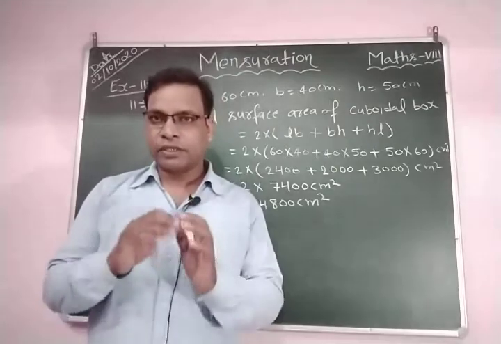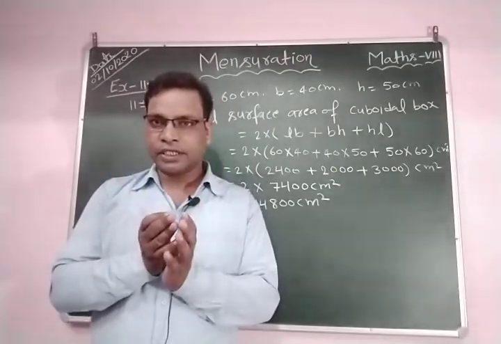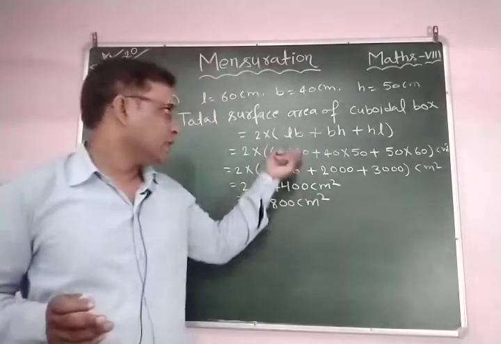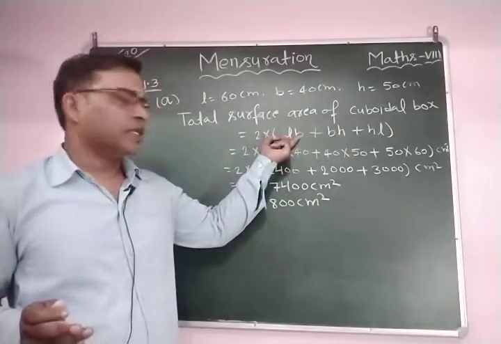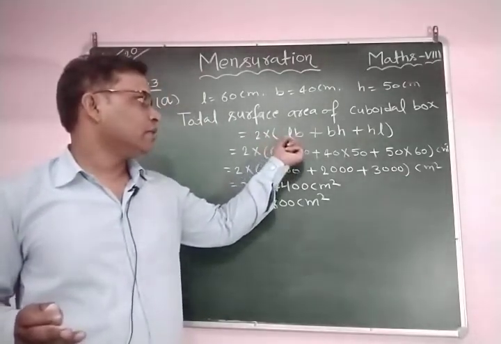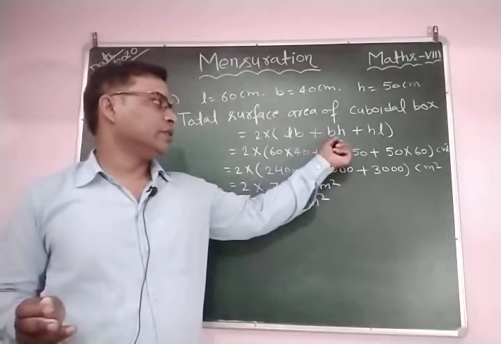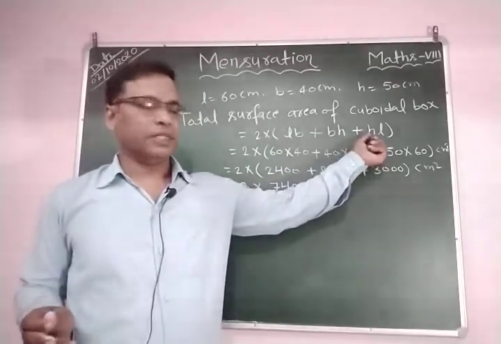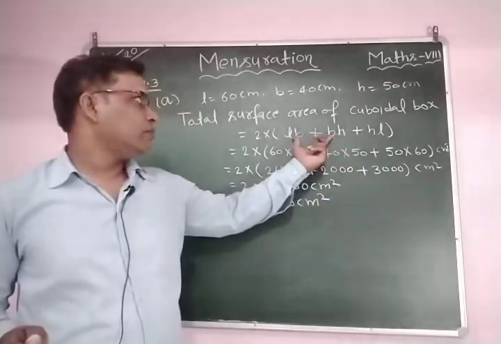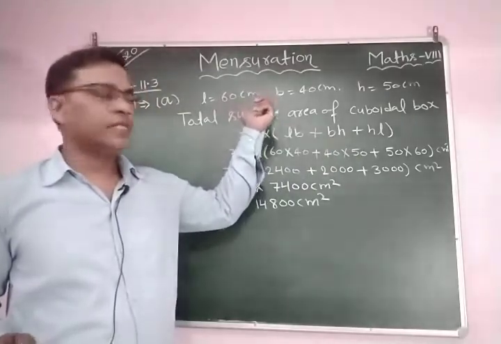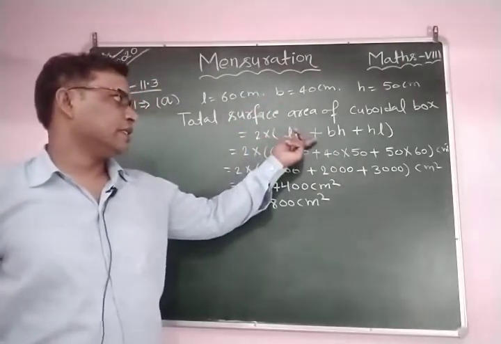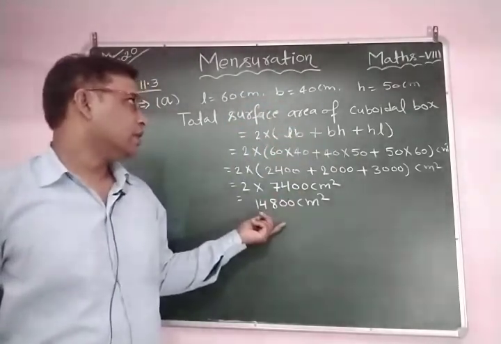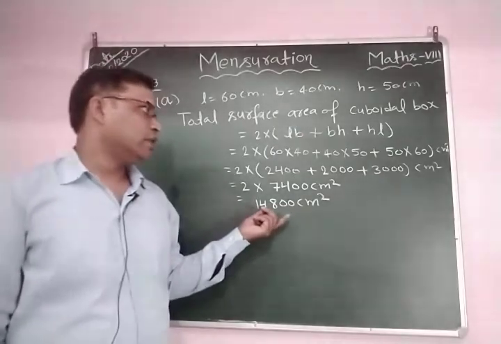To find the total surface area of these 6 faces, you use 2 into (length into breadth plus breadth into height plus height into length). If you put in the values of length, breadth and height, you obtain the TSA of the cuboidal box,